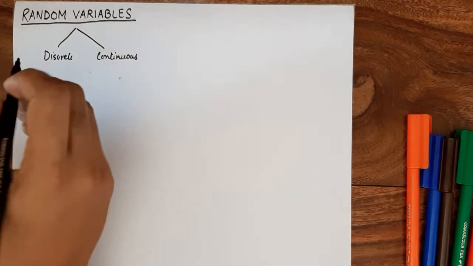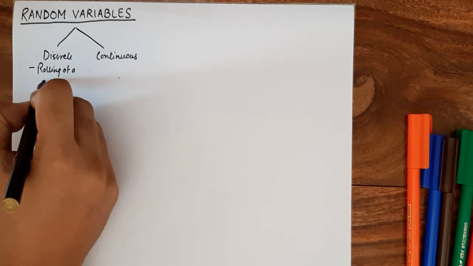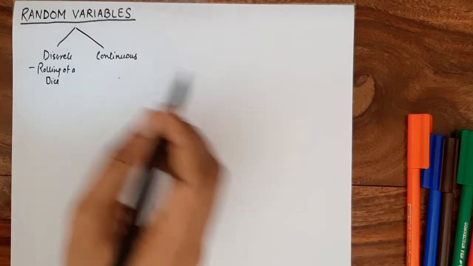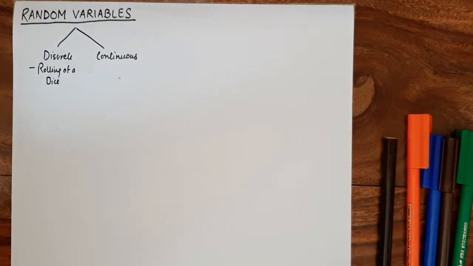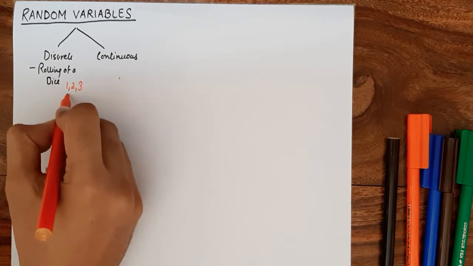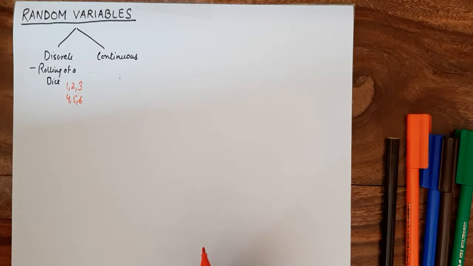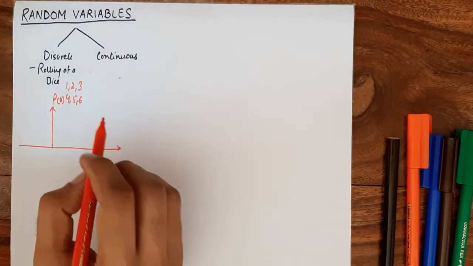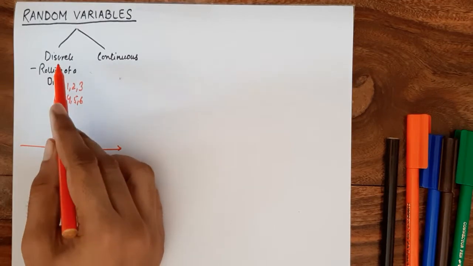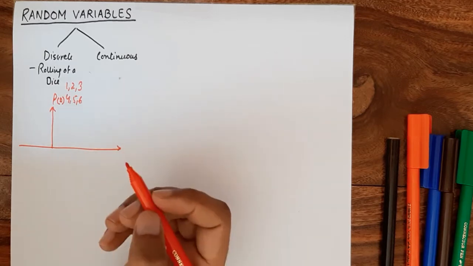Now let's take up an event, rolling of a dice. What happens is when we roll the dice, what are the outcomes? We know that the outcomes could be either 1, 2, 3, 4, 5 or 6. And the probability of occurrence of any of these numbers is equally likely. So if we were to plot the probability of rolling of a dice, which is let us say P of D, with respect to the outcomes